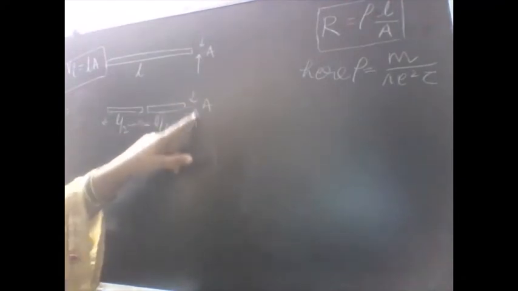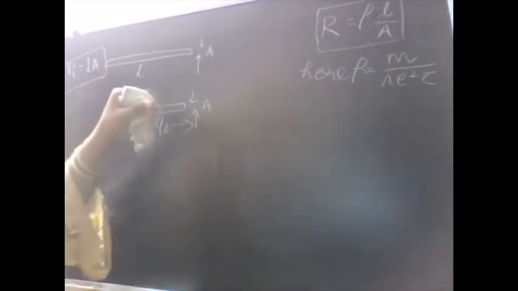Now we have to find out the resistance of each piece of the wire. So let us use the same concept. Can we use the concept that the volume remains same here? No, I cannot use that concept because here the length is reduced to half. Cross sectional area remains same.